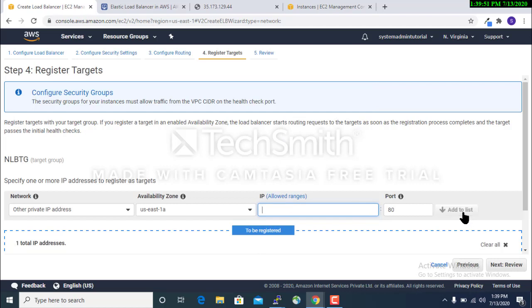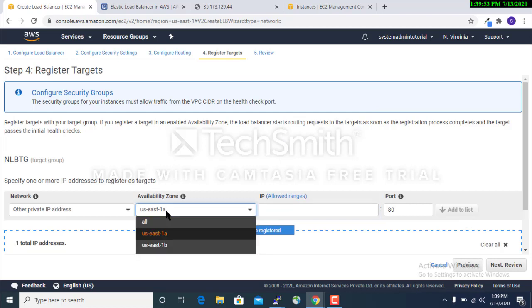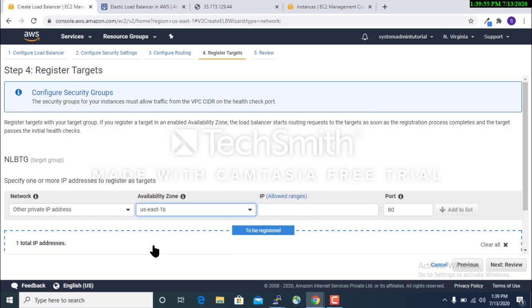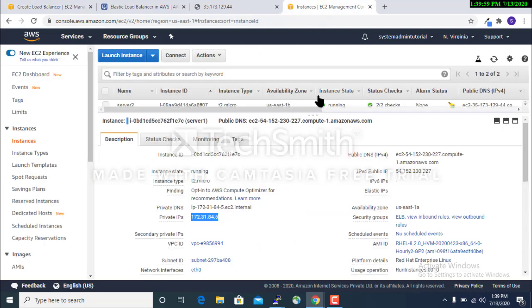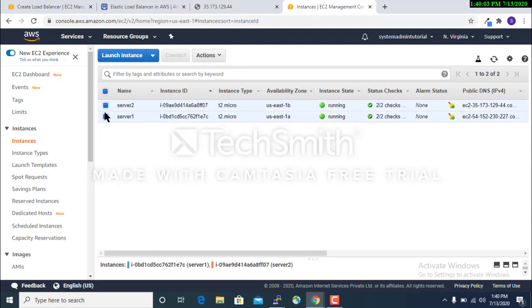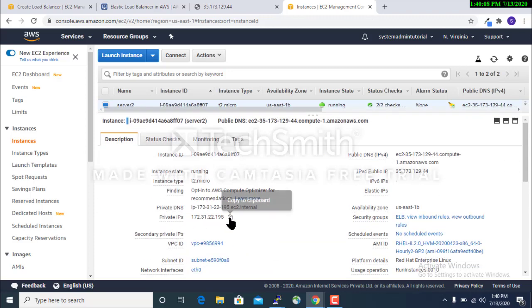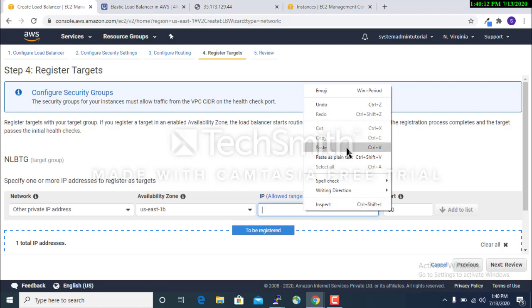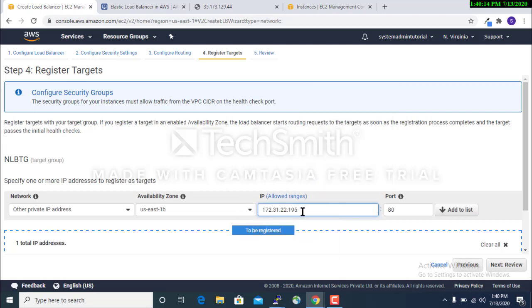add to list. Then again you have to select us-east-1b and the IP address from server 2. You can get the private IP address from server 2 also. This is the private IP address of server 2. Give the IP address and the respective availability zone, and in the network select other private IP address.